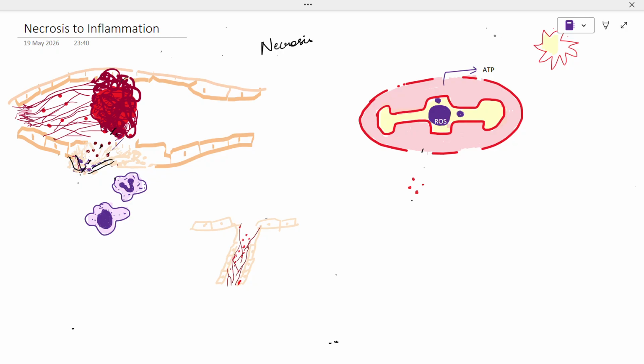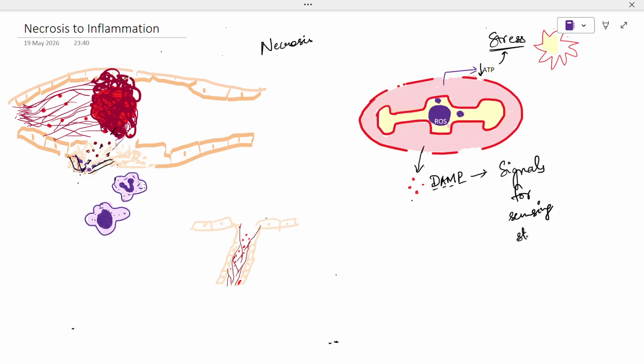Under prolonged stress, it needs ATP for adapting to the stress, but due to the necrotic condition, there is a decrease in ATP and a release of reactive oxidative species, which helps in the release of some molecules called DAMPs, damage associated molecular patterns, which act as signals for sensing